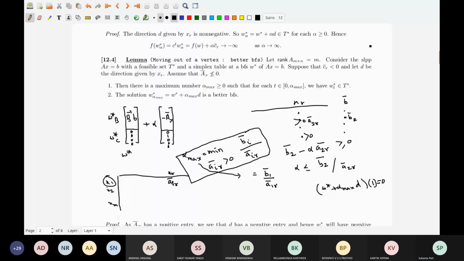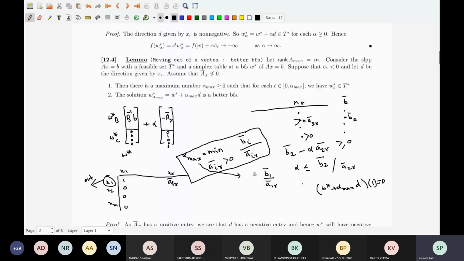This will go out. So this is what is called the outgoing variable. Okay. And what happens? Now see, x1 was the first basic variable. So in capital A bar, the column was like 1000 E1. But what do you know? Now I know A bar 1 R, that was positive. In fact, that is how this equality alpha max was B1 bar divided by A bar 1 R. That is how it was computed. So it is positive. This fellow is positive.